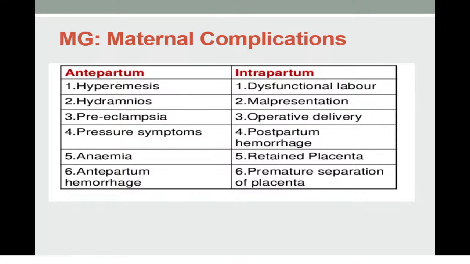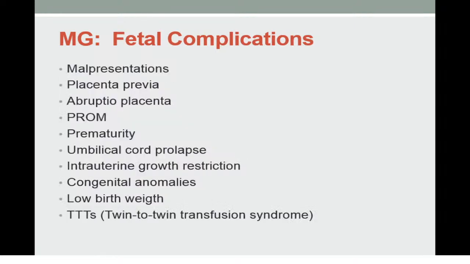Premature separation of the placenta, which presents with bleeding intrapartum and leads to the suffering of the fetus. Fetuses may even die because of separation of the placenta, and maternal risk is so high. Term fetal complications: malpresentations, placenta previa, abruption of placenta, premature rupture of membranes, prematurity, umbilical cord prolapse, umbilical cord compression,